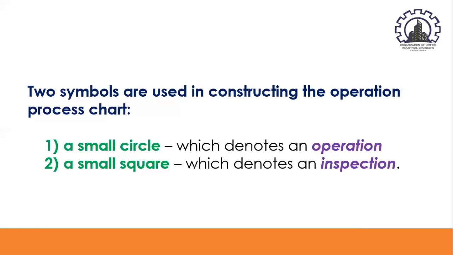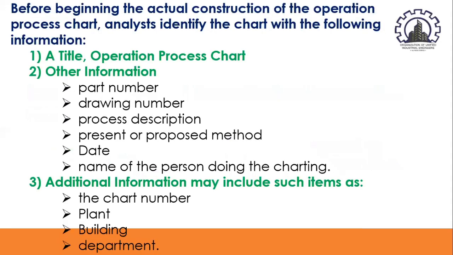Now, before beginning the actual construction of the operation process chart, analysts identify the chart with the following information. First, you have a title, and in this case, the title should be Operation Process Chart. Other information that can be found in such a chart would be the part number, the drawing number, process description, present and proposed method, the date as to when the study was conducted,